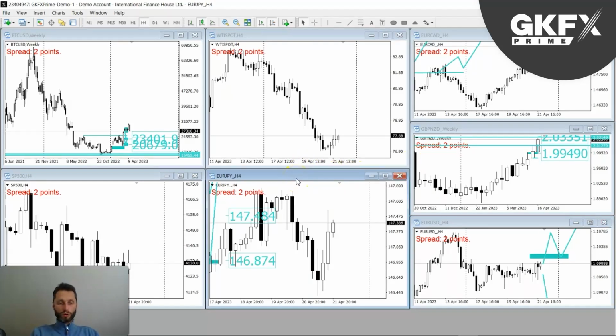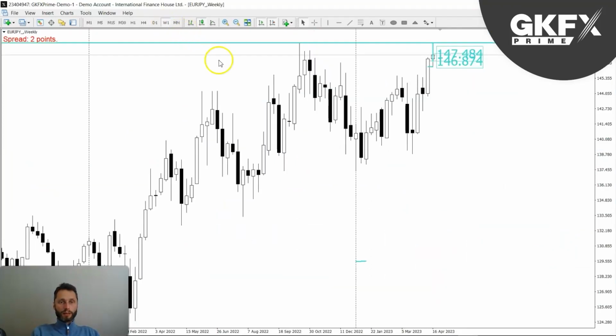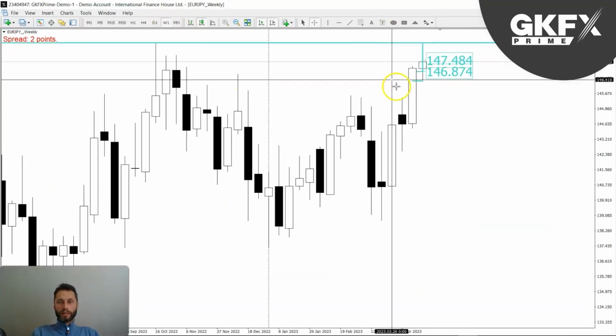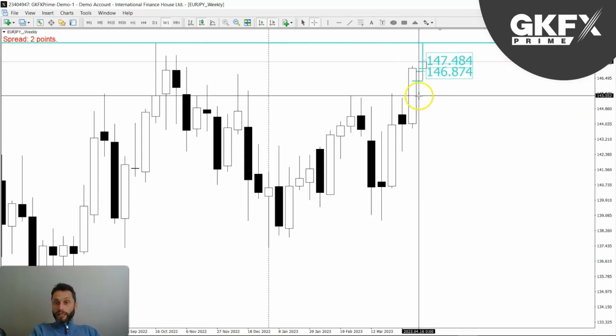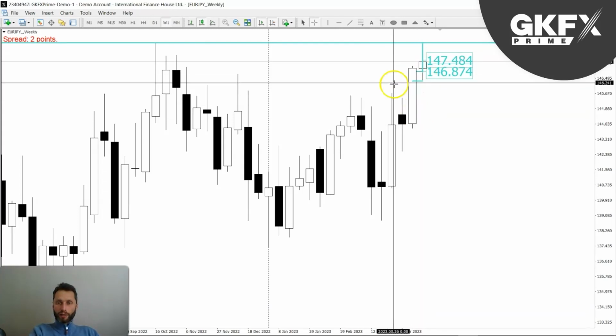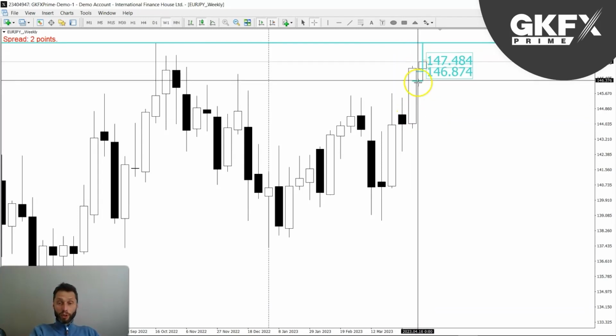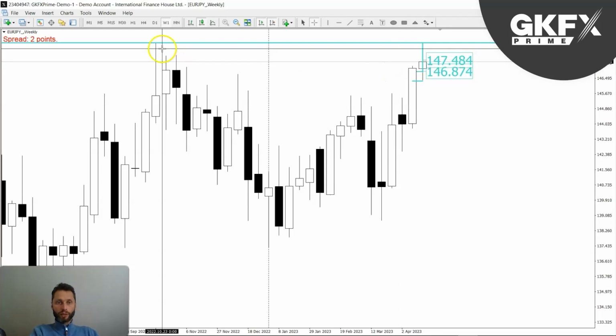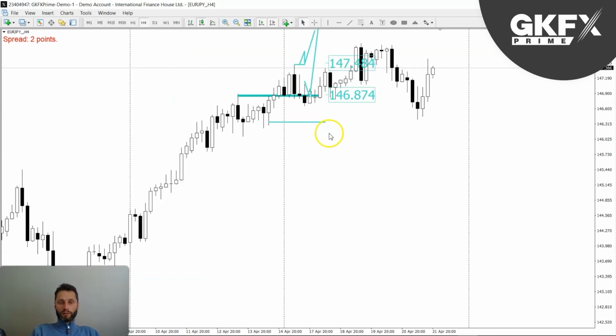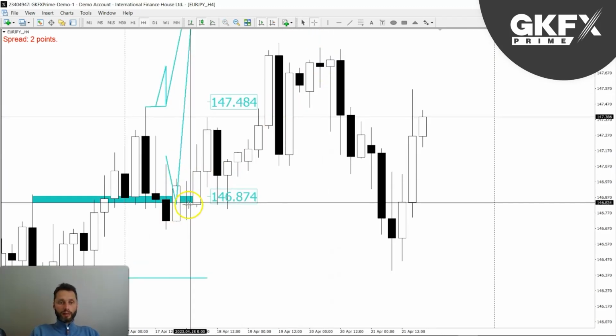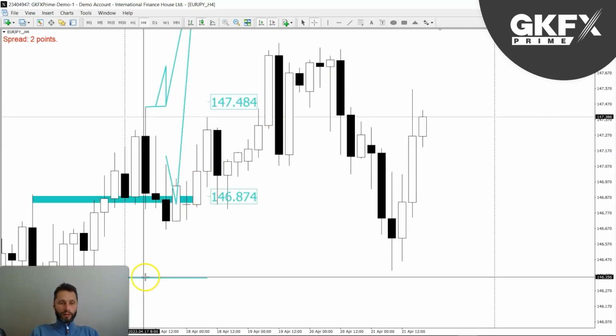Let's now go into another euro pair. Let's go to euro yen. Start on the weekly again. And once again, last week I was looking at this bearish, I think it was last week, after this big bullish candle, lots of strength, looking at this high to be the target, and look down into this level that I marked out with this